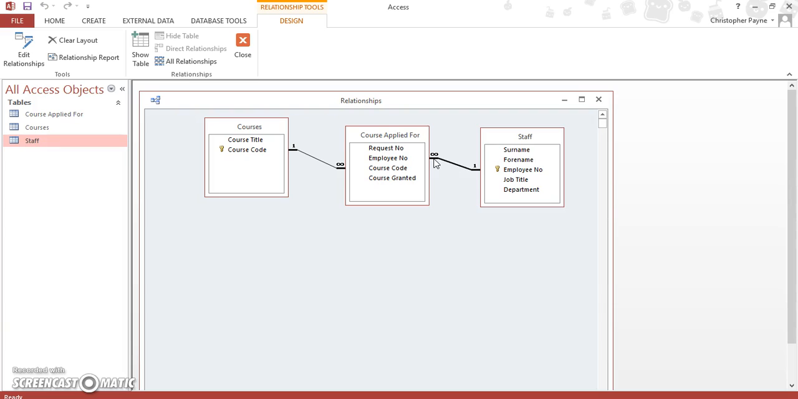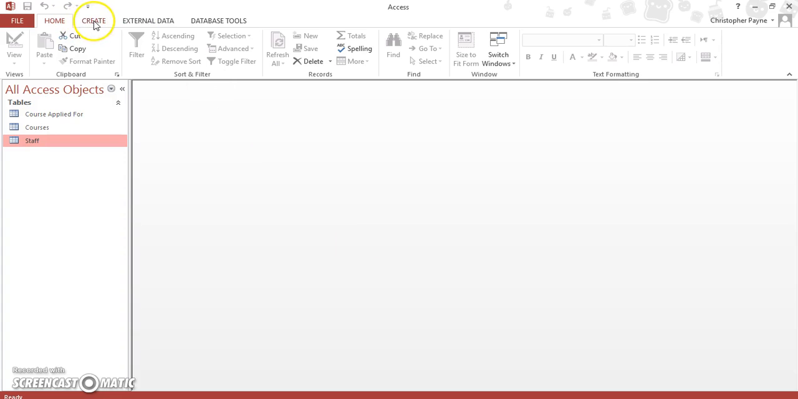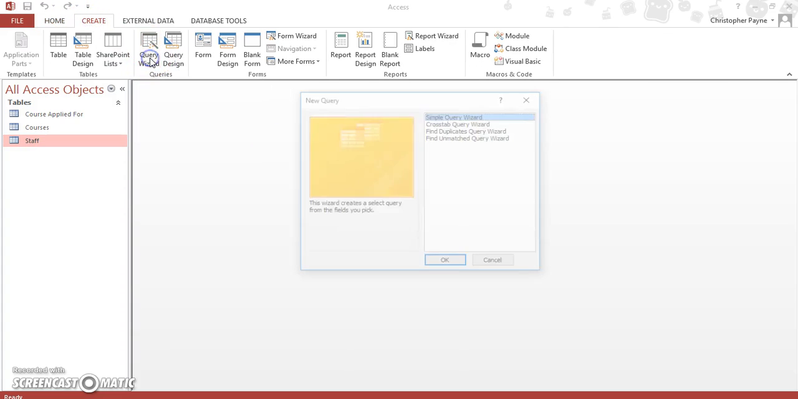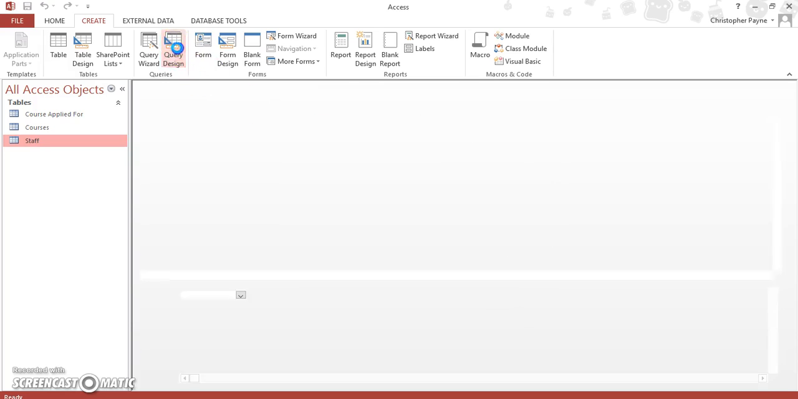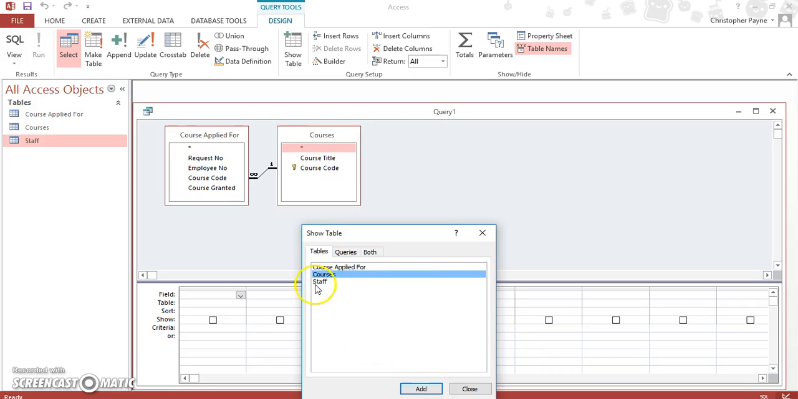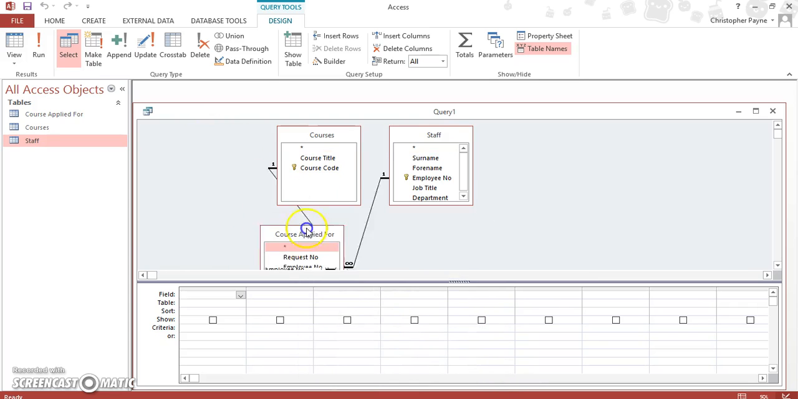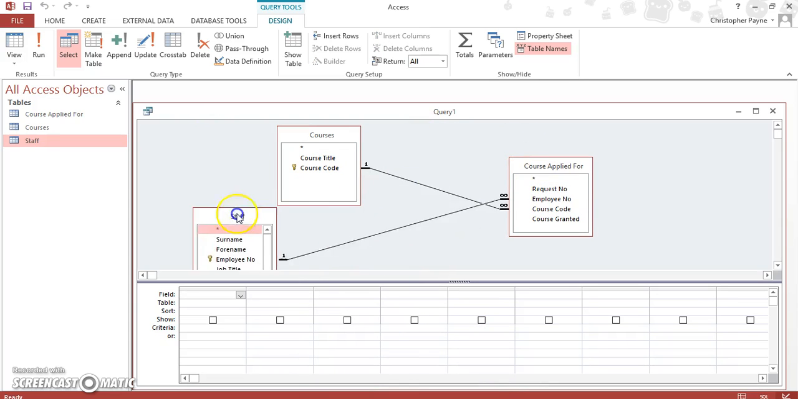Now we've established our relationships. What we're going to do next is to create our query again, and then we're going to run it with our new relationships. We should get entirely different answers. We'll save, and let's go into create, go to query wizard, not query wizard, sorry, query design this time. We'll add our 3 tables, one by one, and you'll see that we have got our relationships still intact. So all three tables are linked together